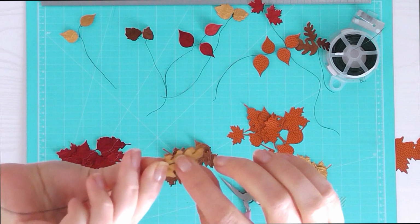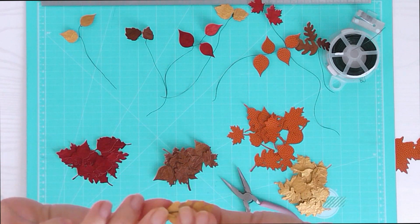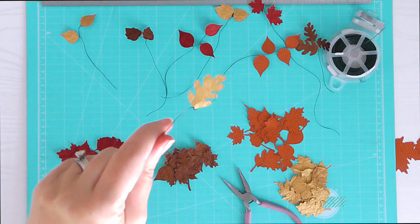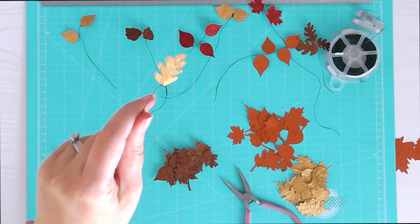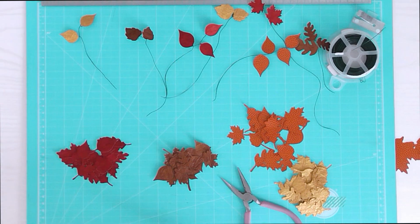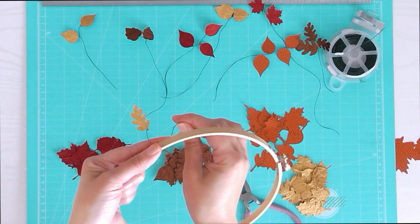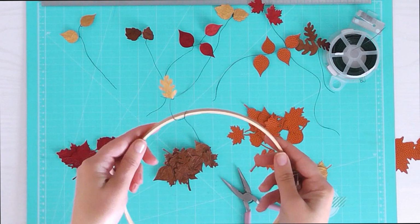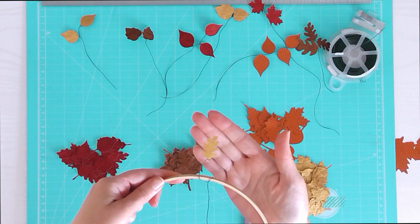And I just leave that wire just right there. It's hidden, nobody knows it's there. Okay, so we have one leaf on there, and then you can just go ahead and do the same thing, add one more, two more, however many leaves you want. So then when you're ready, you can just go ahead and add that to your wreath by twisting it around the embroidery hoop or tucking it under and gluing it on, but it'll just add a lot of personality to